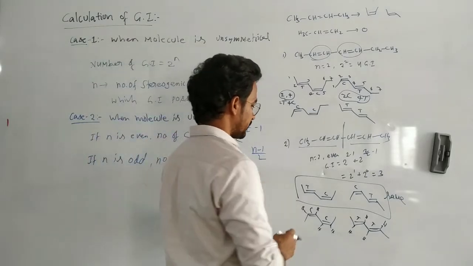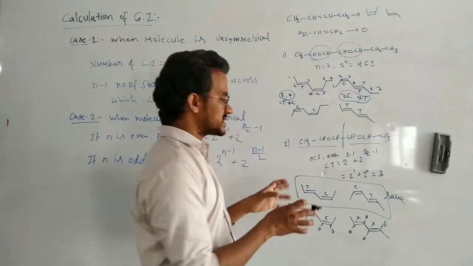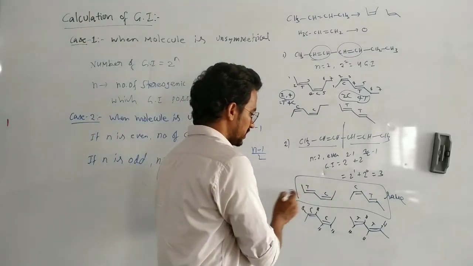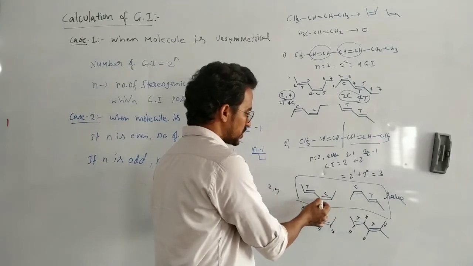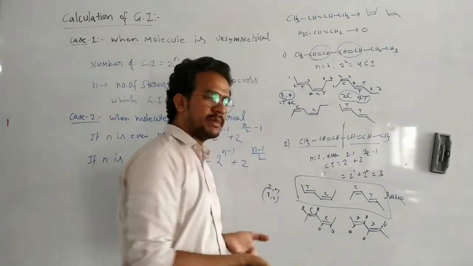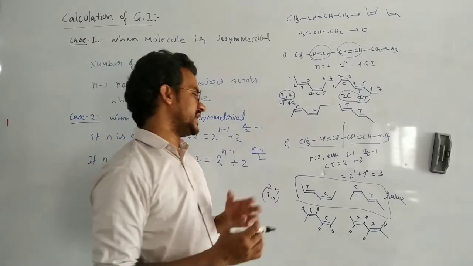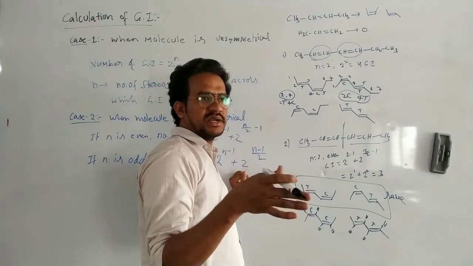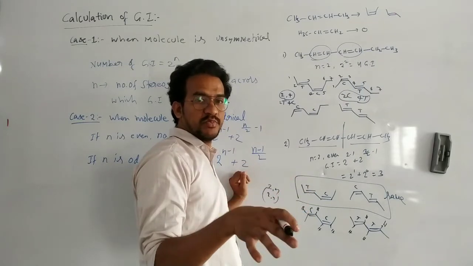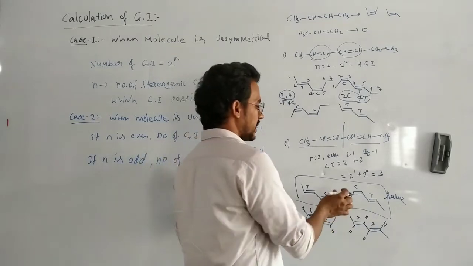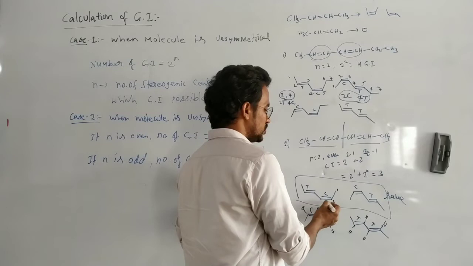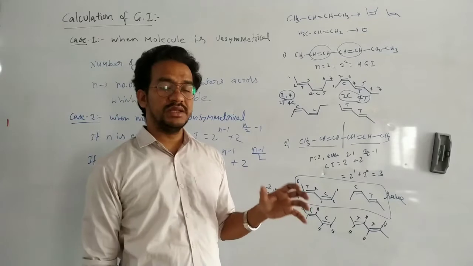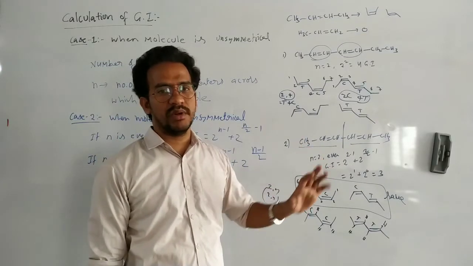Now in this case, we can start the numbering from either side, because 1, 2, 3, 4, 5. That means 2, 4. 1, 2, 3, 4. 2, 4. From either side the double bond position is 2, 4. So in this case, we have to give the numbering from the double bonded side which has a cis configuration. It's a very, very important point. So 1, 2, 3, 4, 5, 6. Here we have to start the numbering from the cis configuration double bond.